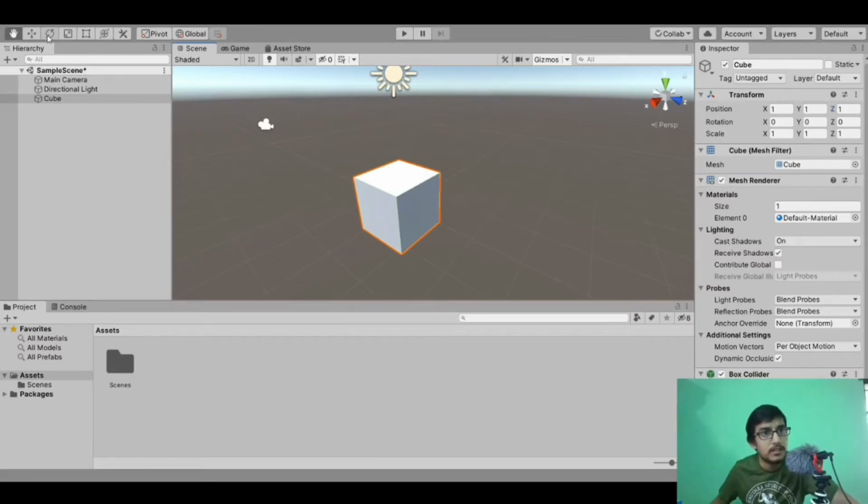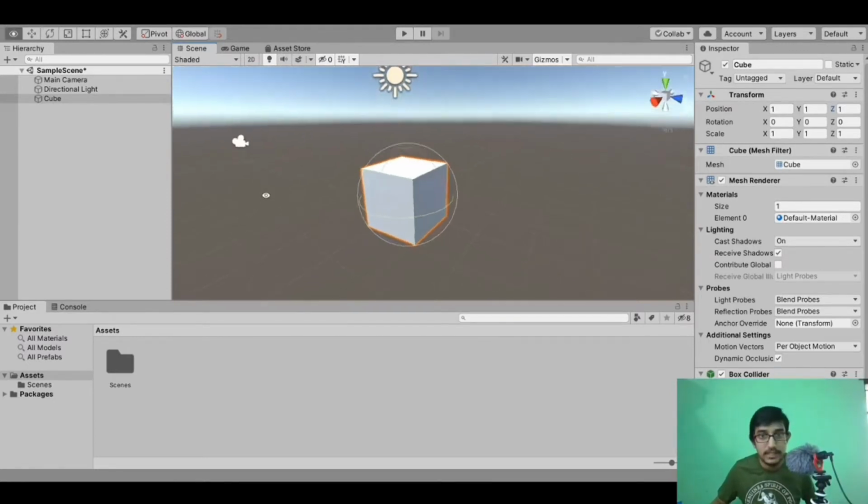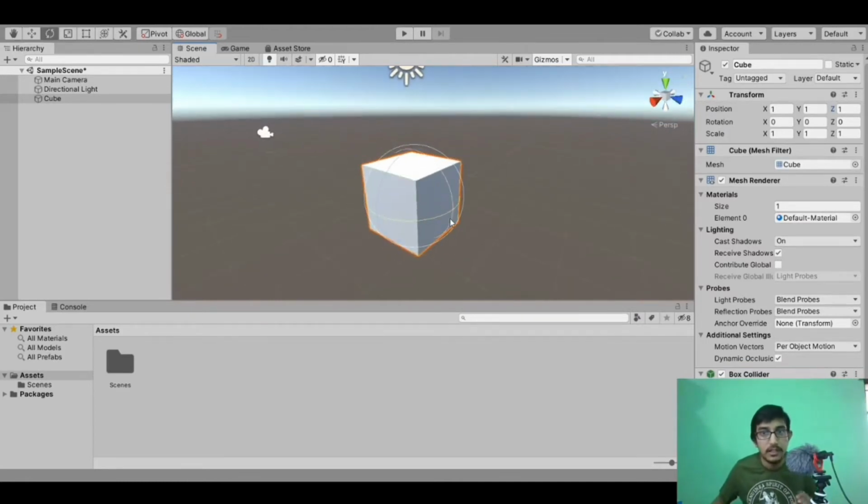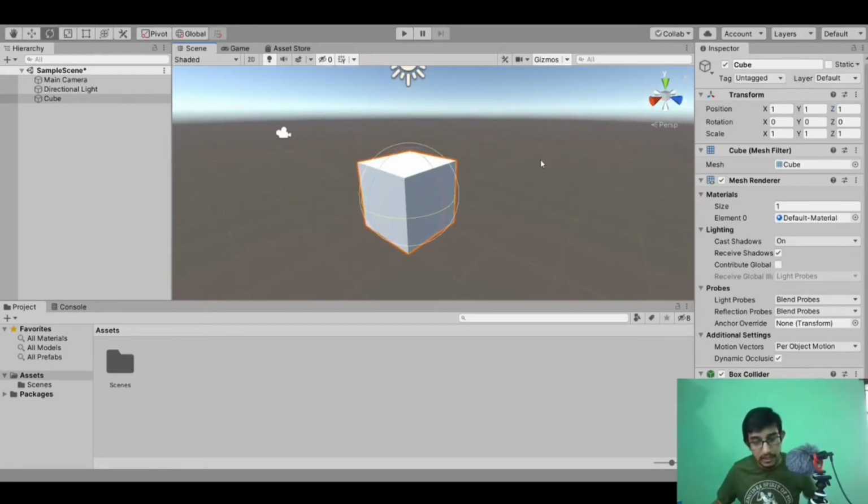And here we got another option which is the rotate tool. When I click on the rotate tool, here you can see that instead of getting axis or scale tool, we have got some circles and the color code is still the same. The x axis is represented by red color, y axis by green color and z axis by blue color. So what this rotate tool does, it will rotate our game objects in all three axes, either x or y or z. Let's see this.